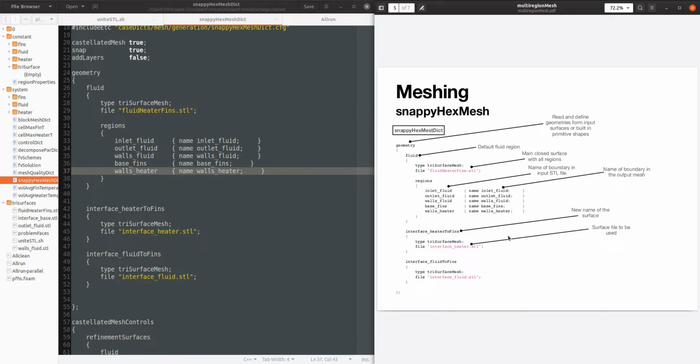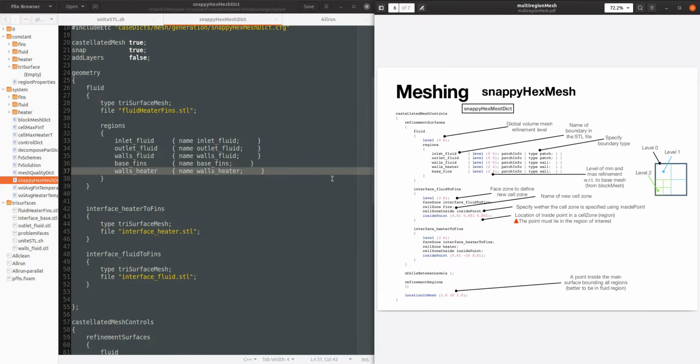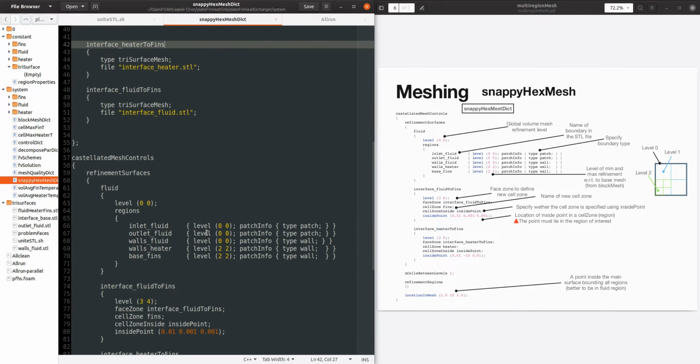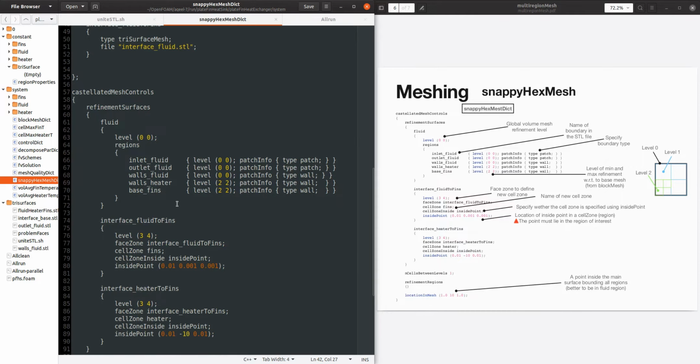And the next thing that we need to add is to define what is the refinement level for each surface. In this case, level 0 corresponds to the initial mesh, that is basically the mesh that we get from block mesh, and level 2 is the decomposition into two smaller levels.